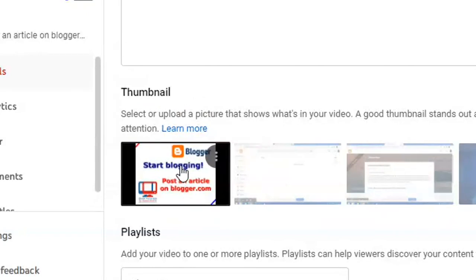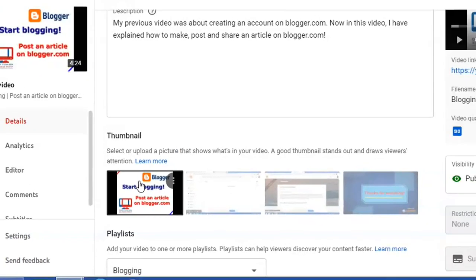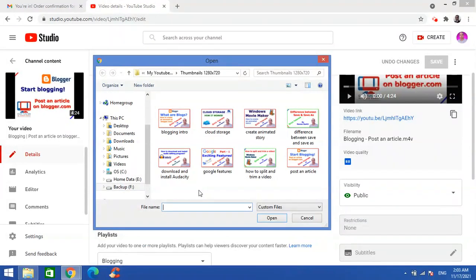I want to change it, so I'll click on this option here, these three dots. I'll click on this, and then I click change. And I have some thumbnails here, and as you can see, the standard size for YouTube videos thumbnail is 1280 by 720 pixels. So I will select my thumbnail for the video, and then I click open,